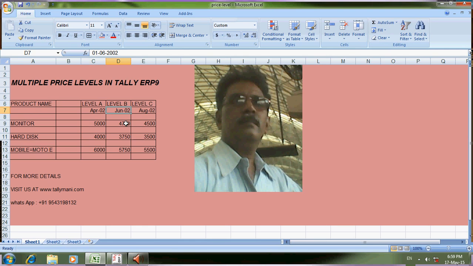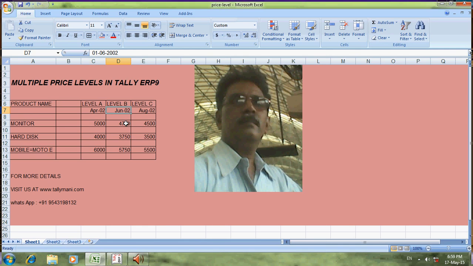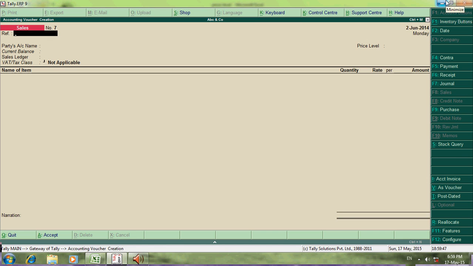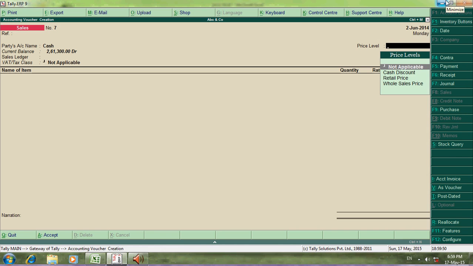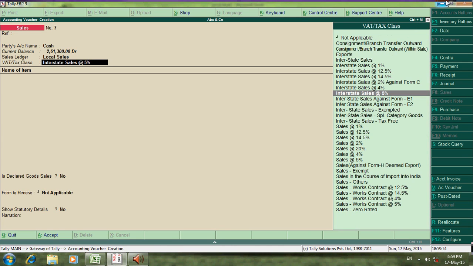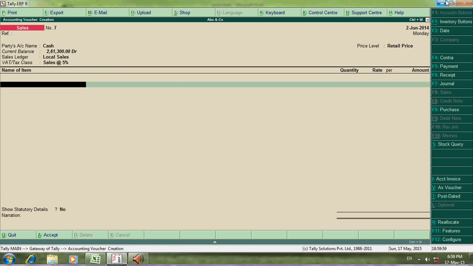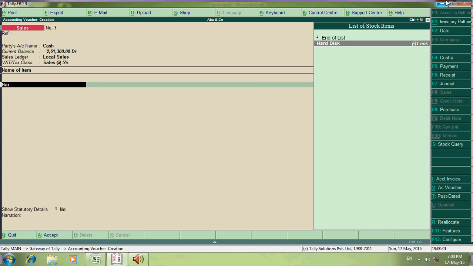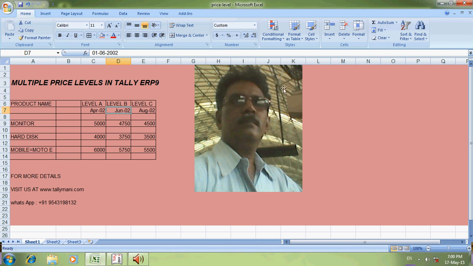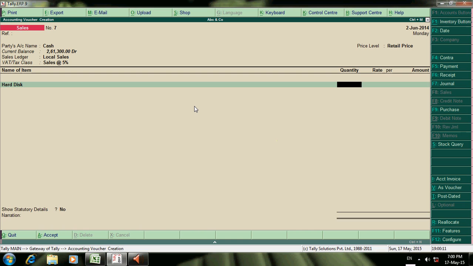Now we are going to raise an invoice on June 2nd. Whether the rates are automatically picked up or not, we are going to check. Say enter here 2nd June, cash account, retail price, local sale, hard disk. Hard disk is 3,750, we will check it.